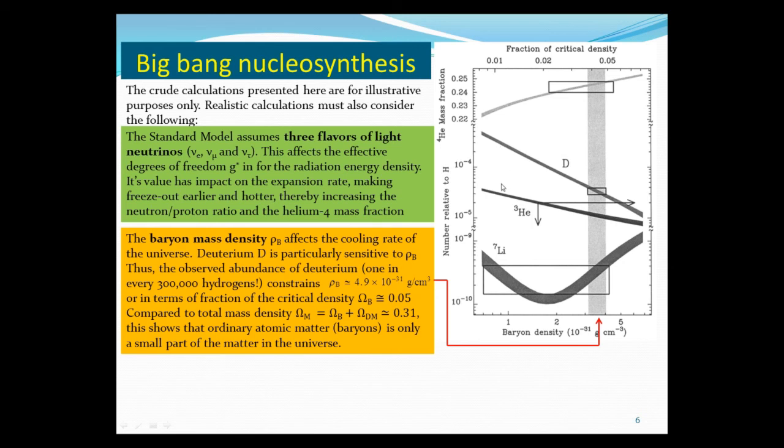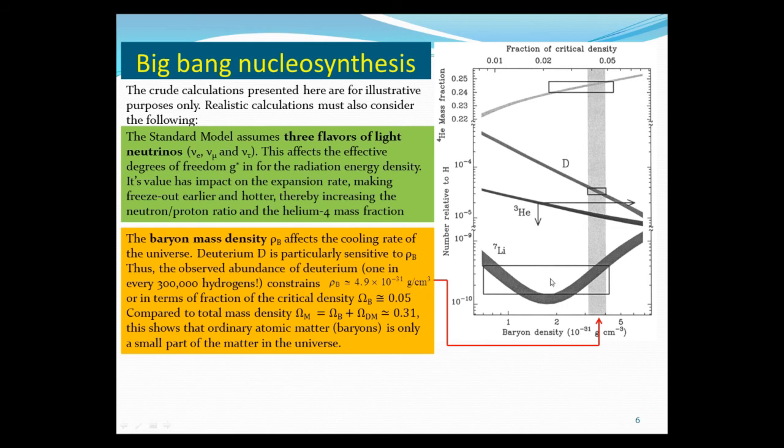Now these curves are the theoretical curves, and the vertical height, if you want, is the observation uncertainty, and for deuterium it is very well defined, very narrow. So this box indicates the value of baryon mass density that is compatible with theoretical predictions. Deuterium has a very strong dependence and is very well measured, so it fixes the baryon mass density very well to a narrow range. Lithium is not very good. So mainly it's the deuterium that determines the value of the baryon density to be 4.19 times 10 to the minus 31 grams per